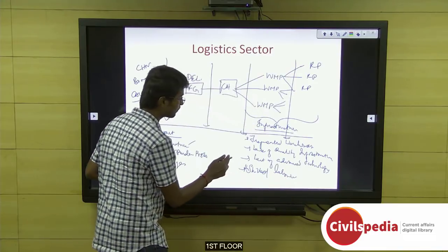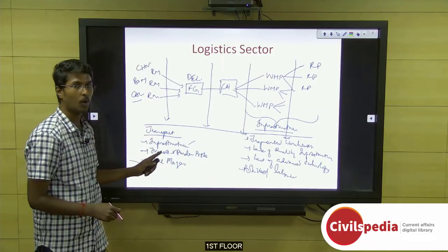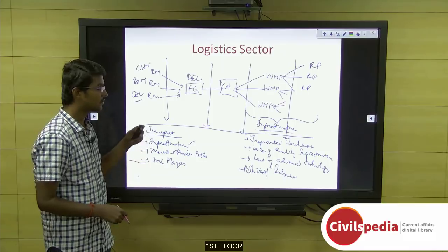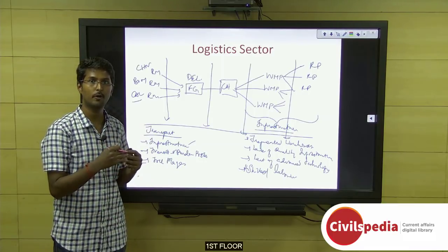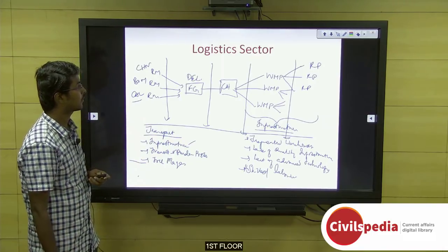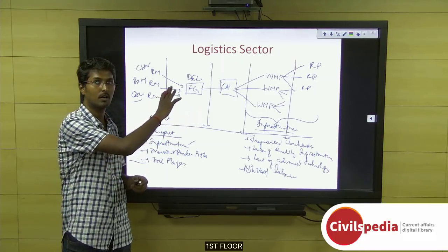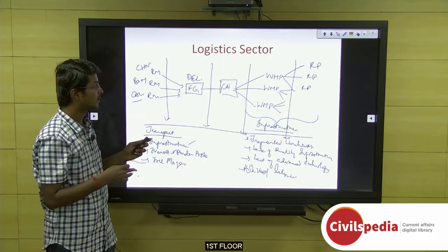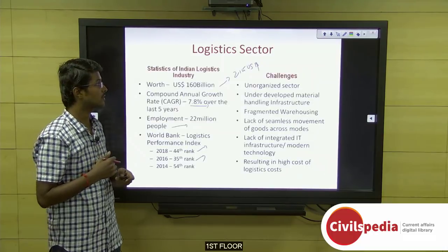So you have manpower, you have technology, you have infrastructure here, and you have infrastructure and some bottlenecks towards transporting this infrastructure. And even with regards to your railway infrastructure, you do not have a dedicated infrastructure for transiting your manufactured products. So this is a glimpse of the entire supply chain sector of India, or say even for the entire world. And let's see some of the challenges with regards to this particular logistics sector.